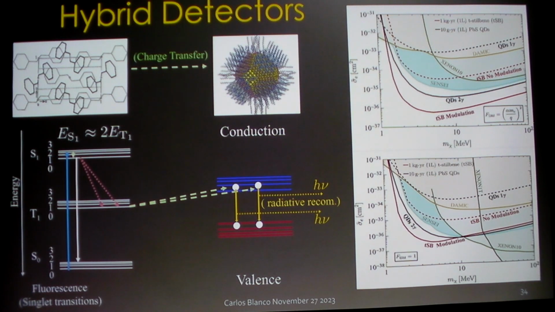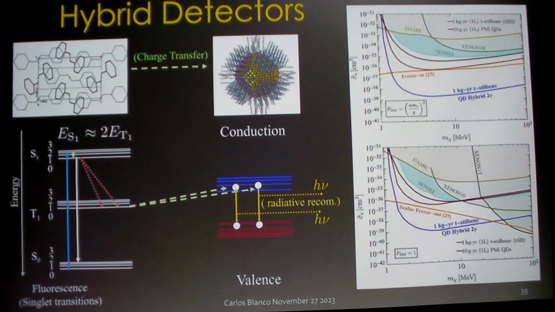And if this is possible, and there are very good reasons to think that it's possible, the multiplicative effects are kind of ridiculous. So these plots show the individual sensitivities of a 1 kilogram detector of quantum dots and a 1 kilogram detector of trans-stilbene in the dark red and dark black. Okay, individually, that's how well they do. They do better than everything else in the field, but they're still within reach. If you put them together and you get a multiplicative effect, you're now doing better by many orders of magnitude. You'll be able to rule out freeze-in and freeze-out in the sub-GeV parameter space entirely.